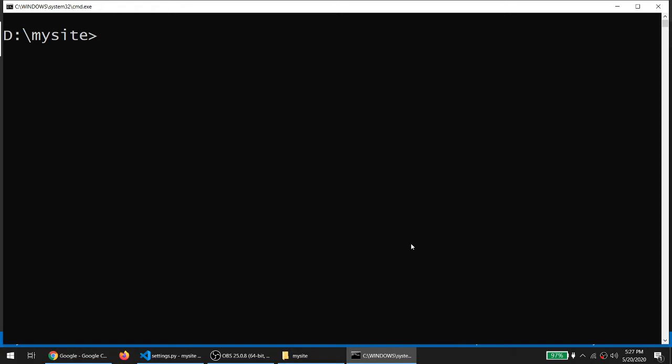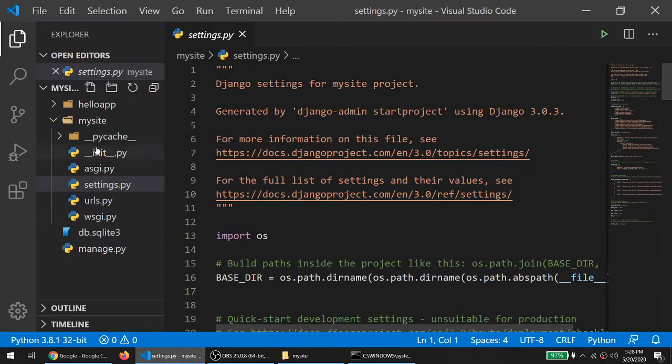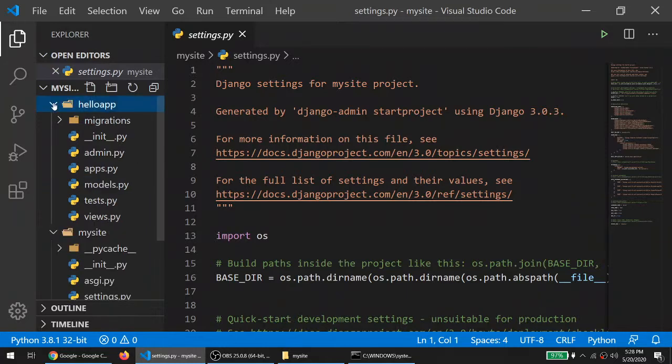The command will be django-admin startproject, sorry, not start project, we have to create an application, so we write startapp and specify your application name, hello_app. Then just press enter. Now you can see in your project your new application is created successfully.